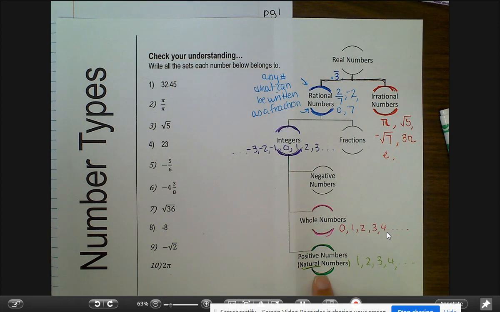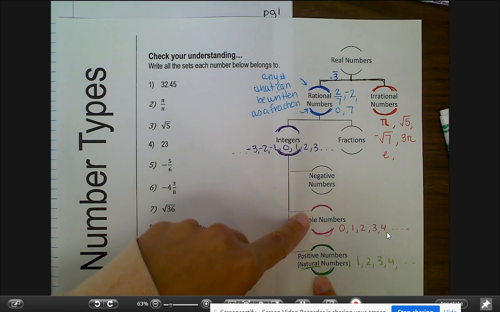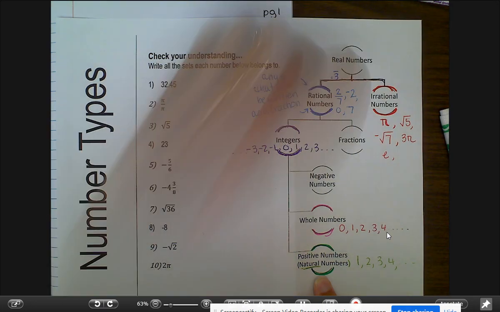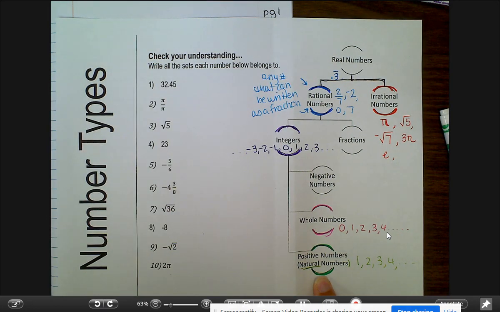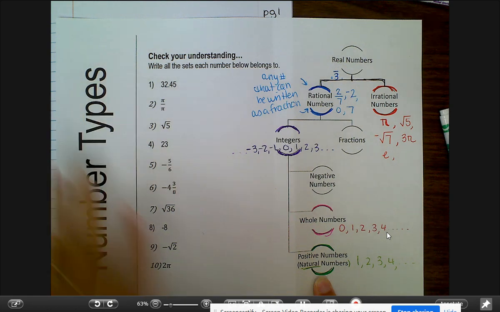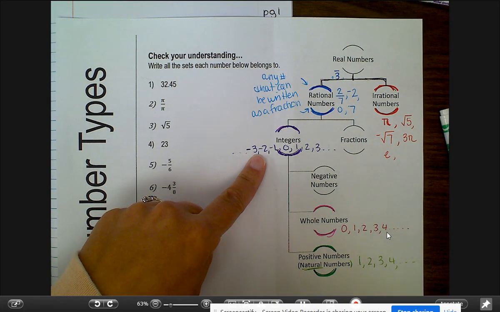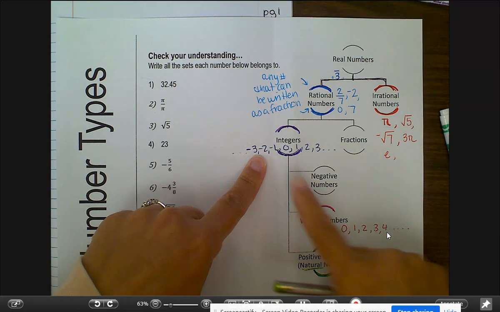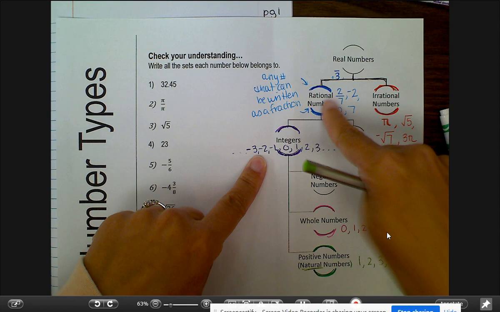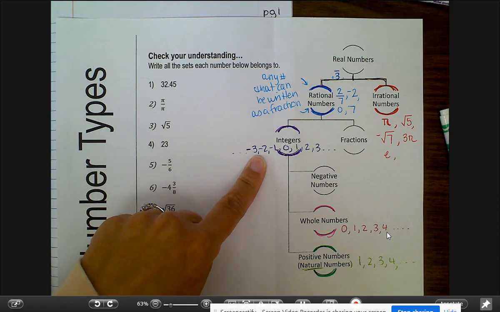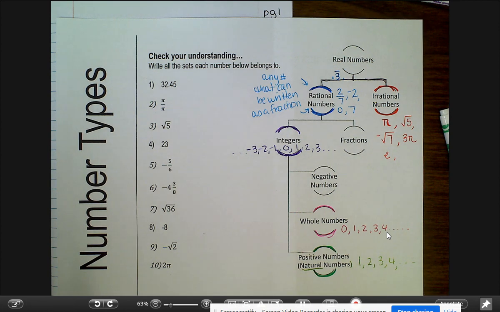So if something is a natural number, it is also a whole number and an integer and a rational number and a real number. Now, we don't really need to call things real numbers because that's the space we're living in. If something is irrational, it's just irrational. If something is an integer, let's say -7, it's an integer, but it's also rational. Integer is just its better name. So if we go through these kind of quickly,